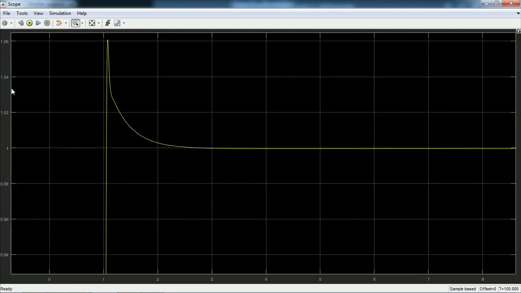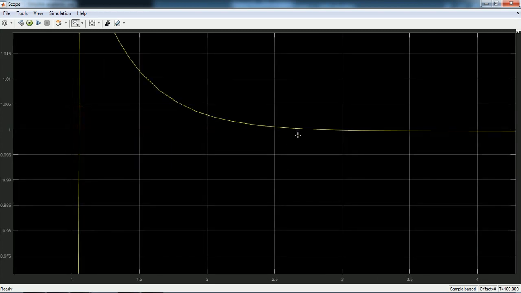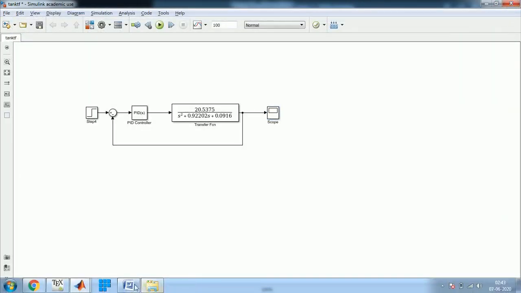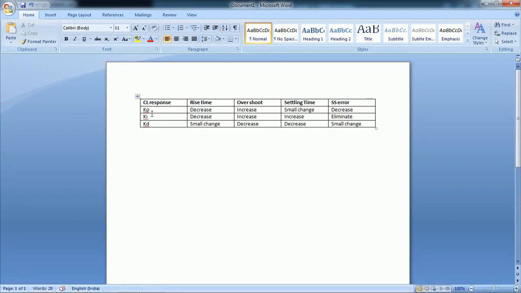As you can see, the system is stable, it shows very negligible overshoot, and we are getting a stable response at somewhere near 2.5 seconds in the Simulink model. It all depends on the PID values as I showed in this table. This is the effect of proportional gain, integral gain, and derivative gain on the closed loop system.